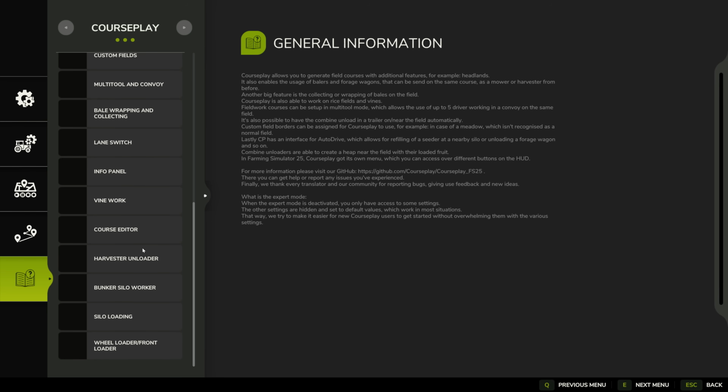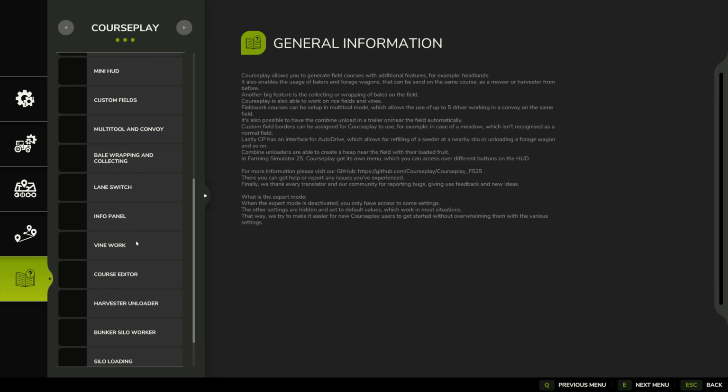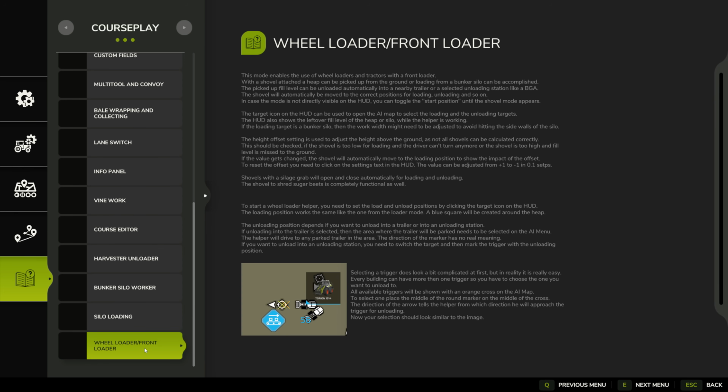But this is really important. There's some super cool stuff in this. Most importantly, look at the most recent stuff. Look at that, wheel loader and front loader. This mode enables the use of wheel loaders and tractors with a front loader. With the shovel attached, a heap can be picked up from the ground, or loading from a bunker silo can be accomplished. So basically, Courseplay can now...